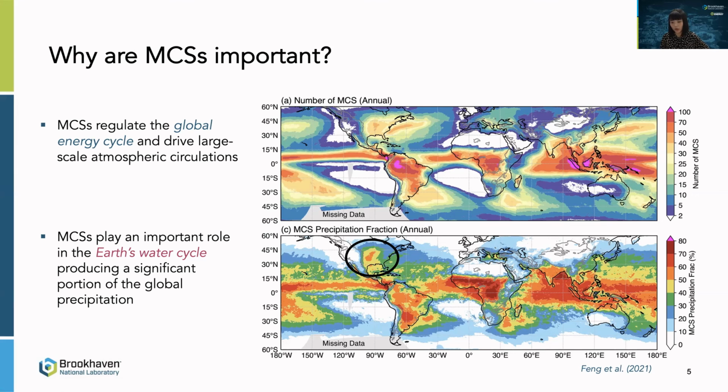But in the Amazon, we also have lots of other types of convection, for example, those isolated convections that are not in this plot. So MCS only account for 50% of the precipitation there, but the other 50% may be related to isolated and other types of storm. But in other regions, when you get a storm, maybe they are just MCSs. I didn't do a study on that, so that would be my guess. Thank you. Okay, Michael.